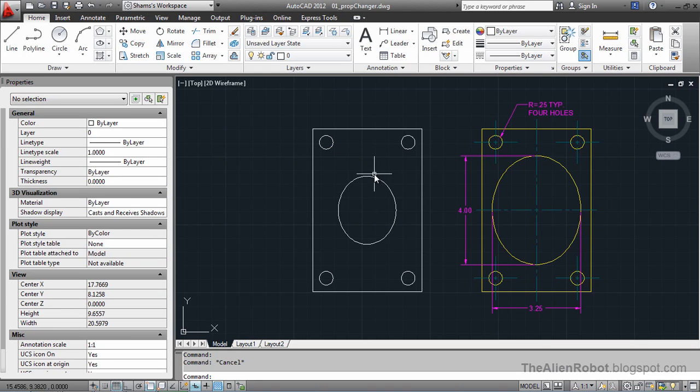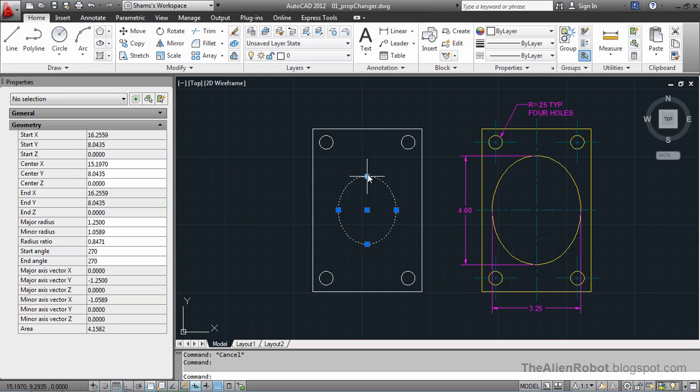I'm going to press escape. I'm going to select this ellipse here, and this ellipse should be identical to the other ellipse. What properties have we got for an ellipse? Now we've got here our properties. The one we need is the major radius. As we see, the major axis is 4 here, so the major radius is going to be 2. I'm going to type here 2